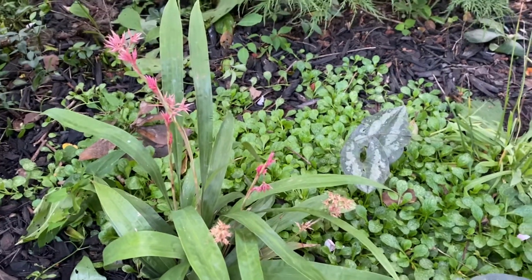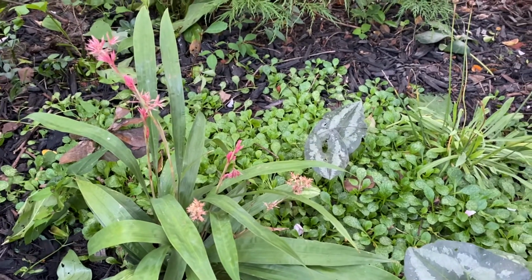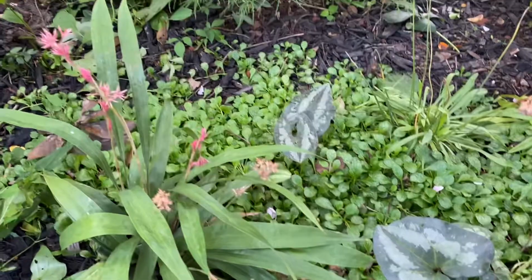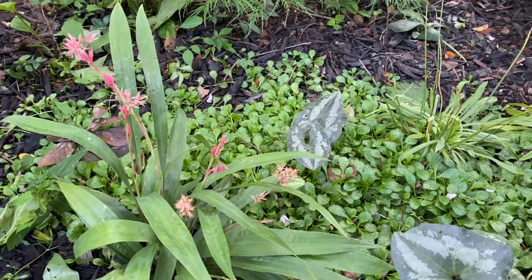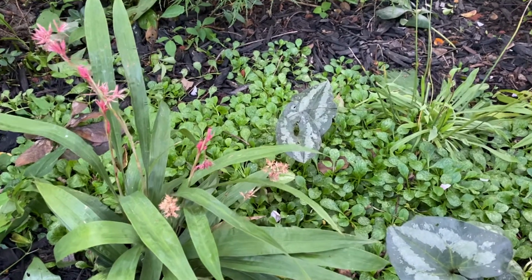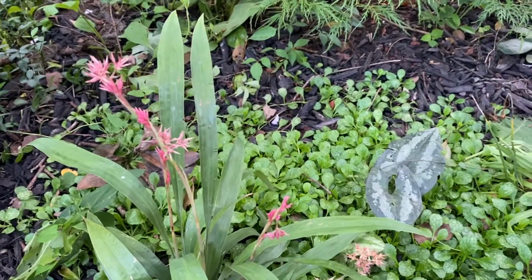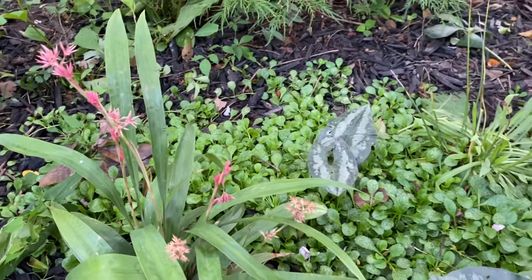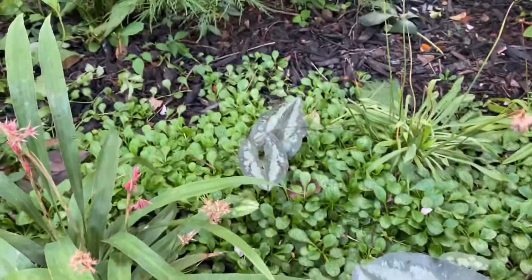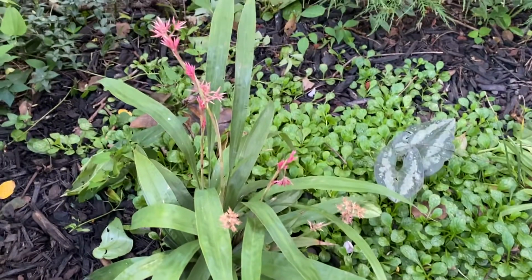I received this from my good friends at Hoffman Nursery, and they do a fabulous job of all things grassy, and certainly the sedges are one of them. But I just love this plant, and it's just getting better with time. This is second flowering, by the way, and you can see some are done, some are just coming, and some are in full flower. Love it. You got some mazes down here as a ground cover, some acerums, some armeria, but the winner by far is